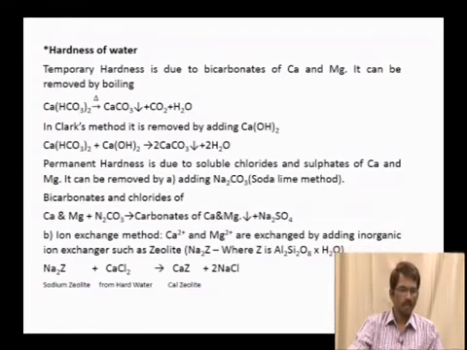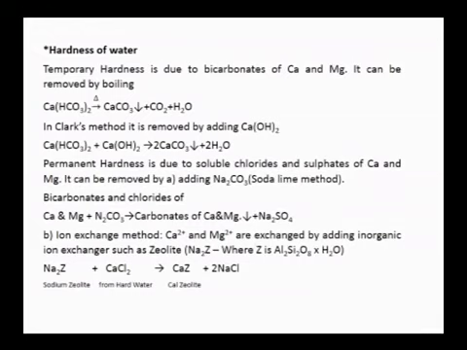temporary hardness of water is due to the bicarbonates of calcium and magnesium, and the temporary hardness can be removed by heating hard water. When you boil hard water, the soluble bicarbonates are converted into insoluble carbonates, and hence the precipitate of calcium carbonate can be filtered off to get the soft water. In Clark's method, the temporary hardness can be removed by adding calcium hydroxide. The calcium hydroxide reacts with calcium bicarbonate and converts it into the precipitate of calcium carbonate,